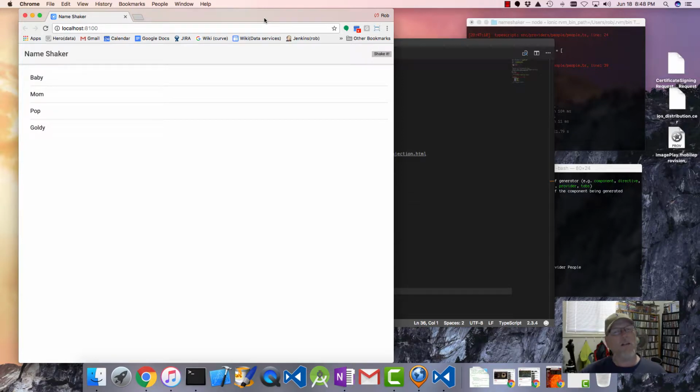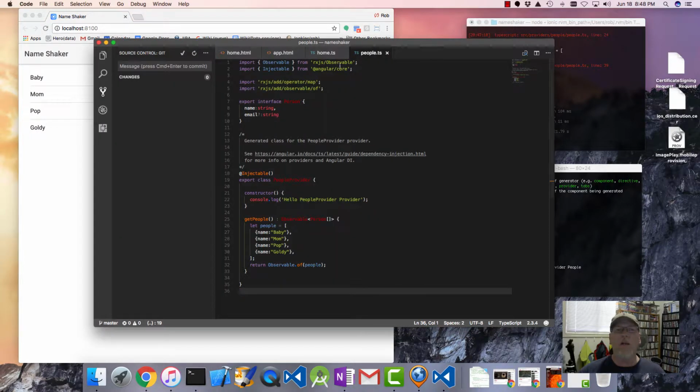Okay, next thing I'd like to do is let's add support for multiple groups. At the moment we have one group consisting of these 4 people. I'd like to be able to support multiple groups. We're still going to leave them hard-coded, but eventually, we'll abstract that away and make it more flexible. So for now, let's go to our people service, people provider, and let's move this group of people into a